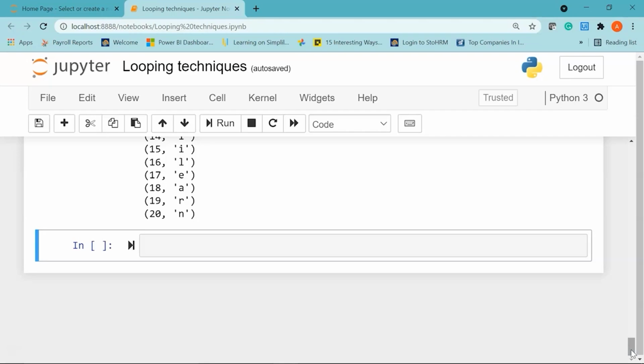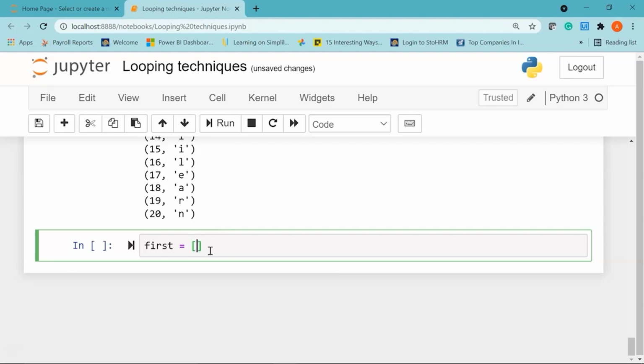Okay. So now let's explore the zip function in Python and how you can use it to loop through two arrays at once. The zip function returns a zip object, which is an iterator of tuples where the first item in each passed iterator is paired together, and then the second item in each passed iterator is paired together, and so forth. If the passed iterators have different lengths, the iterator with the least items decides the length of the new iterator.